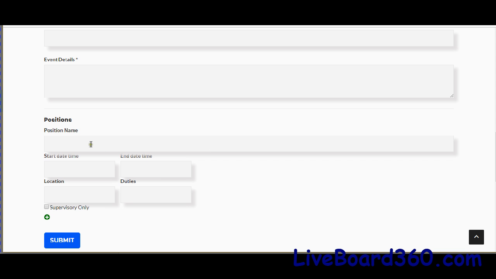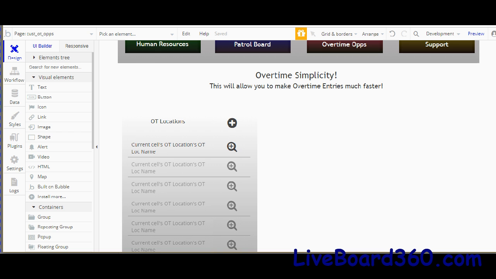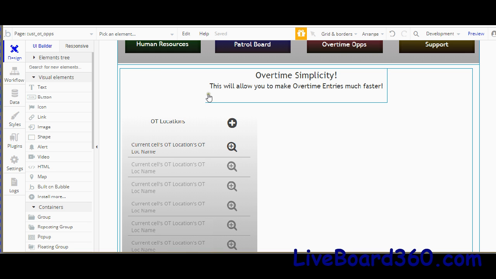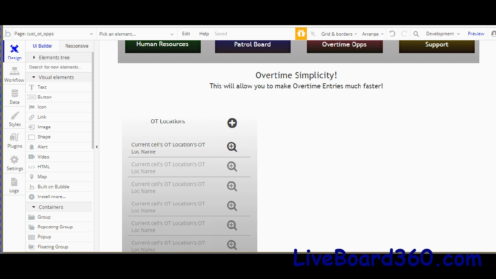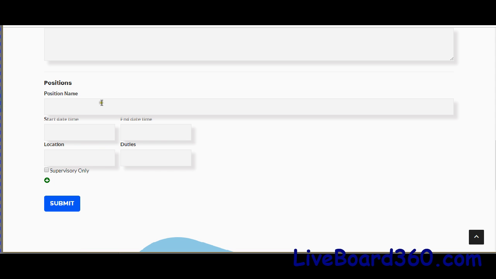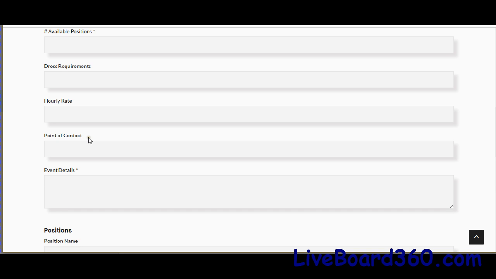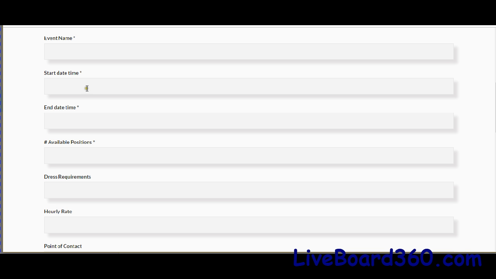Obviously, you can see this appearance is not good, but the position name is going to be, I think that's already in position name. Hold on. Thought I had it in there. All right. Darn it, I guess I don't. All right. Just position name right there. It's a text box. The start time and end time, I want it to default to whatever this start and end time is from the calendar